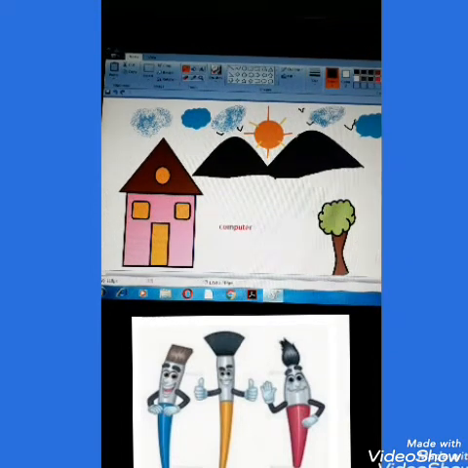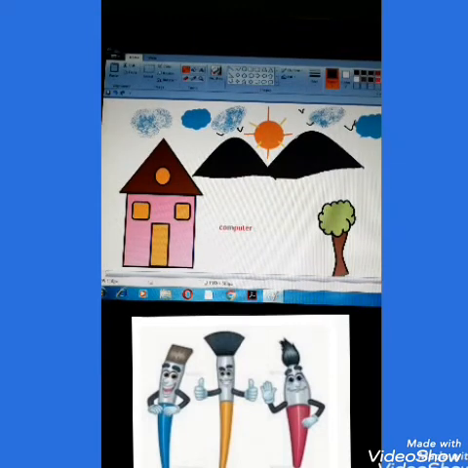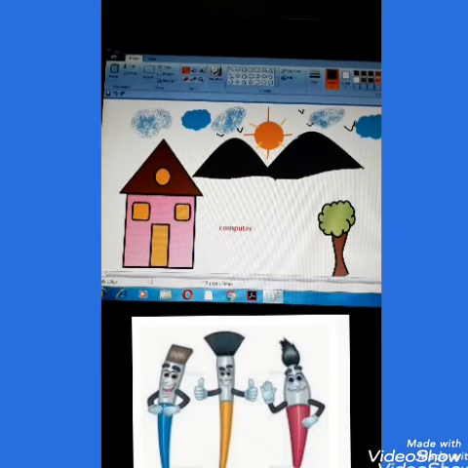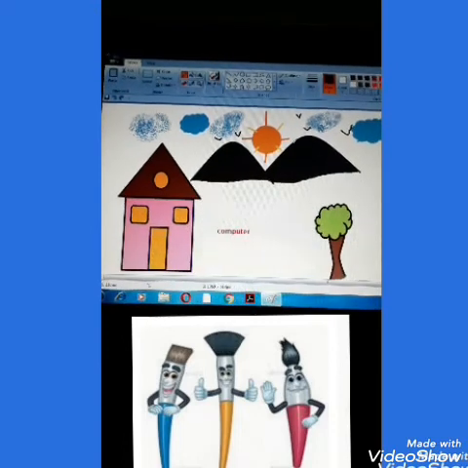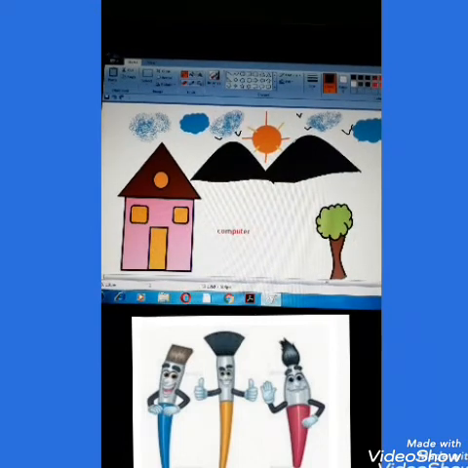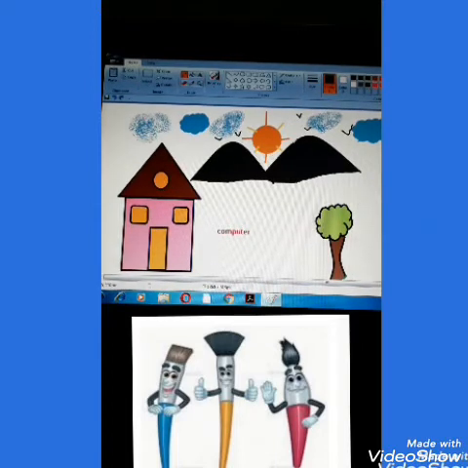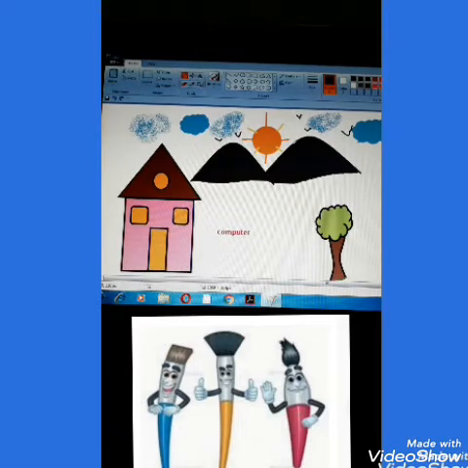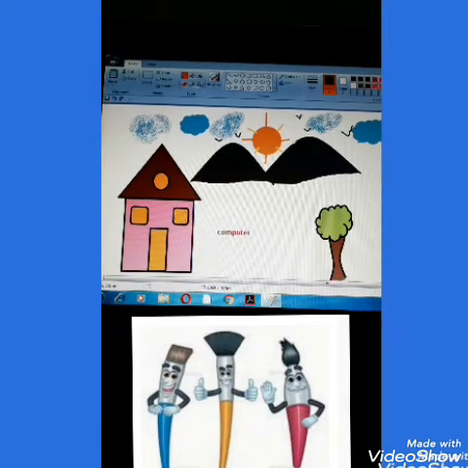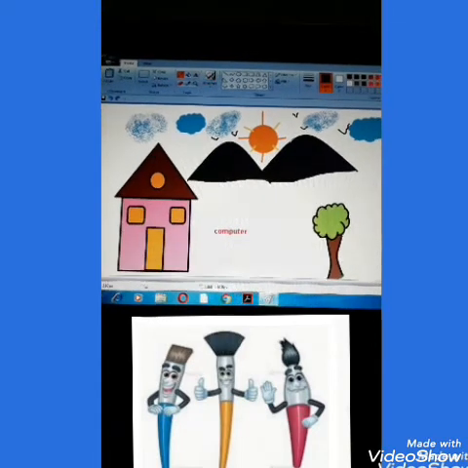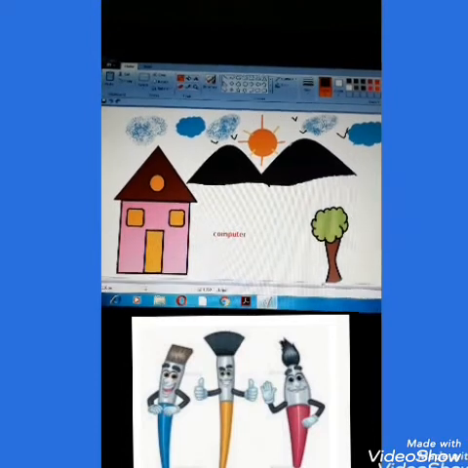Okay children, understood? See here children, almost all the tools I have used here. This is just one type I have shown you. You can do more beautiful, different drawings in a more beautiful way. But the only thing is that try to use maximum tools, shapes and options. Okay children, now you can see the whole scene. See the whole scenery you can see here.